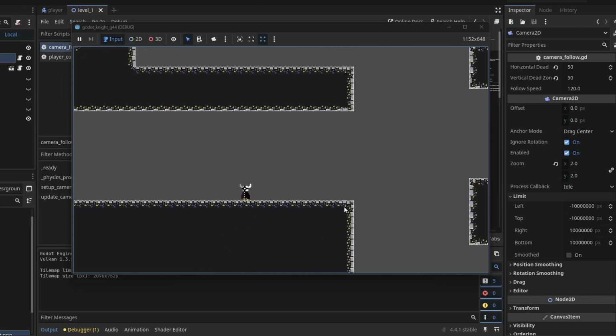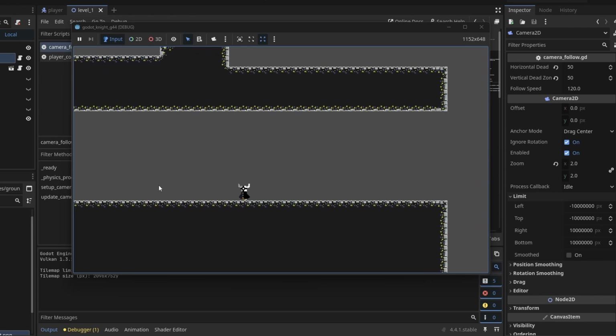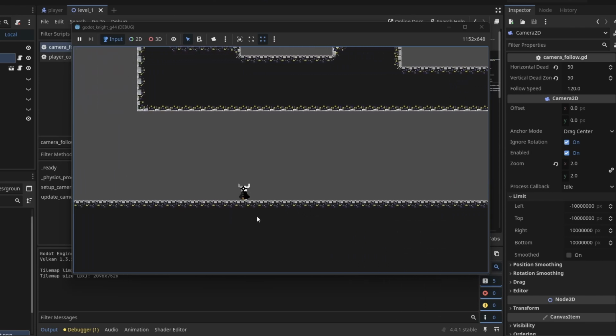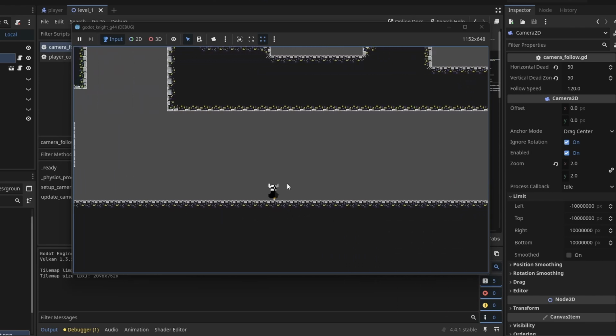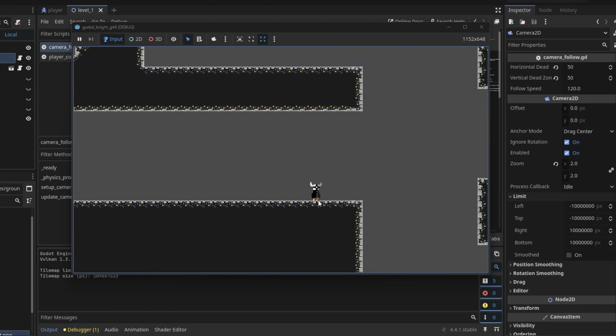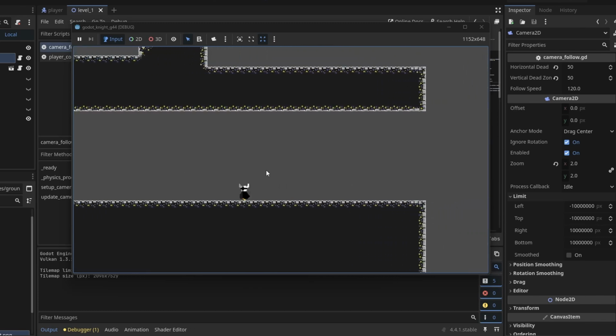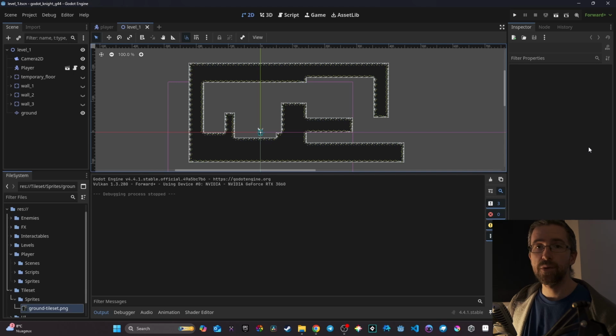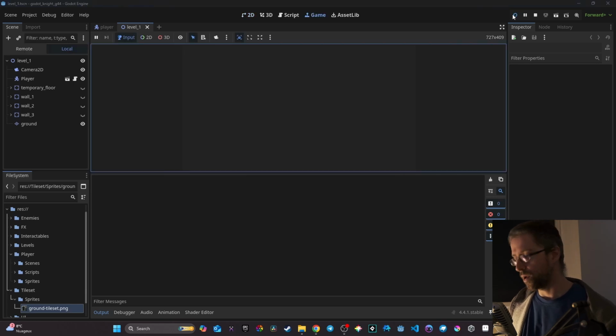So we have a zone in the middle that if our player is in, the camera doesn't automatically move. You can see here, for example, I am here, but it's only if I start to be around that portion of the screen that the camera starts to move. So let's dive in. As a reminder of what we have done before, we have our player that is like this,